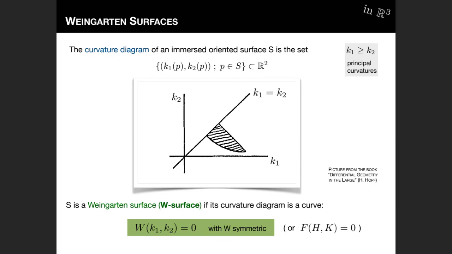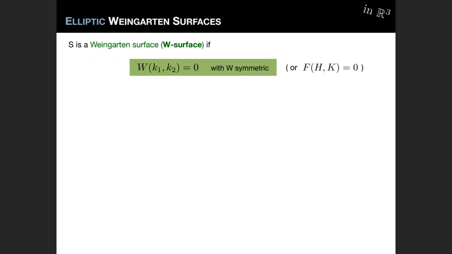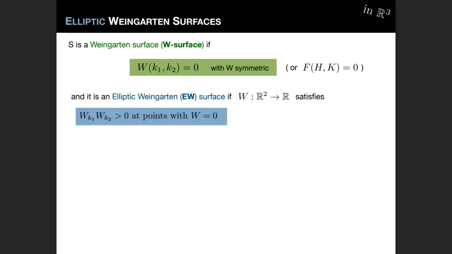So this notion of Weingarten surface is classical. It appears in the works by Hopf and Chern and many others. And among all the Weingarten surfaces, there is a special type, and they are called elliptic Weingarten surfaces. And these are the surfaces for which the function W that defines the equation between the two principal curvatures satisfies this other condition,